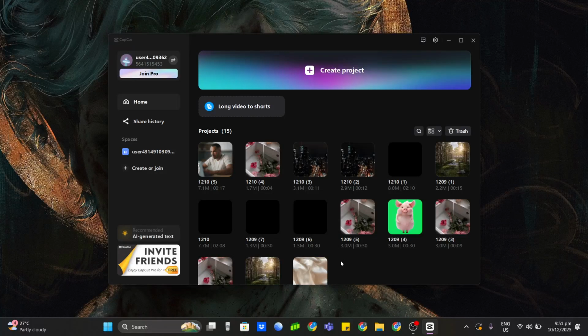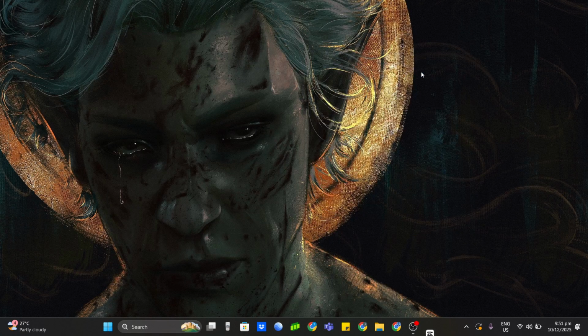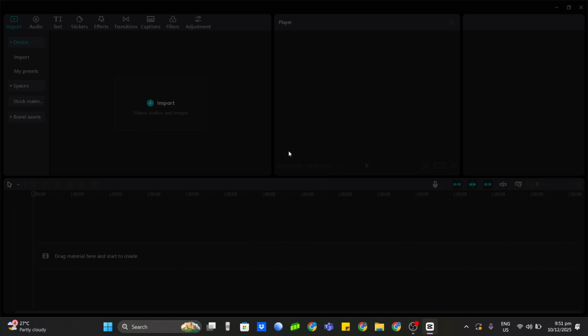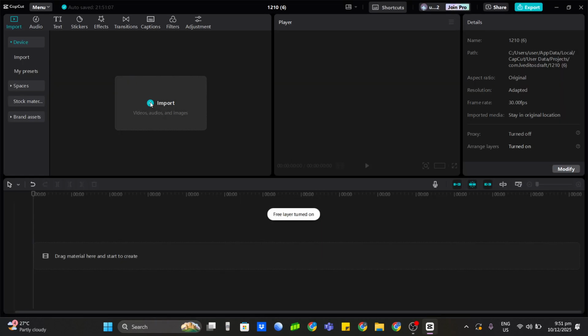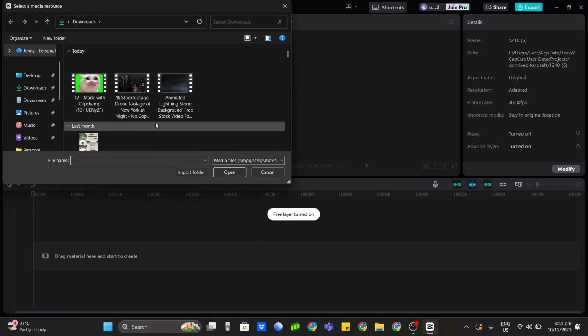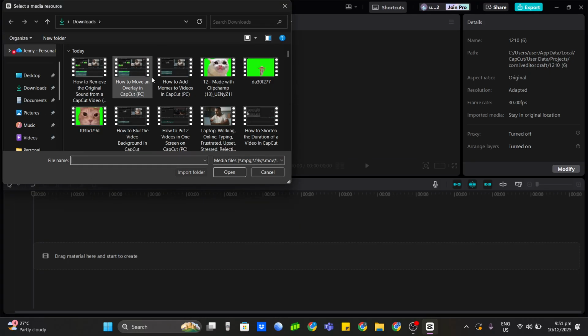In today's video, I'm going to teach you how to add transitions to all clips in CapCut. We'll start right inside CapCut. Open the app and create a new project so you're working on a clean timeline. If a prompt appears asking you to start a new project, confirm it and you'll land in the main editing